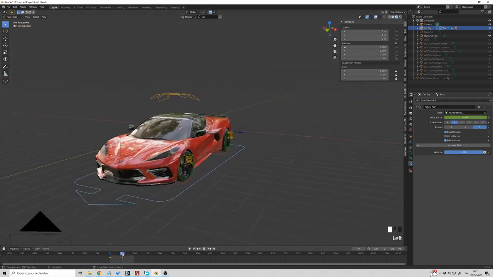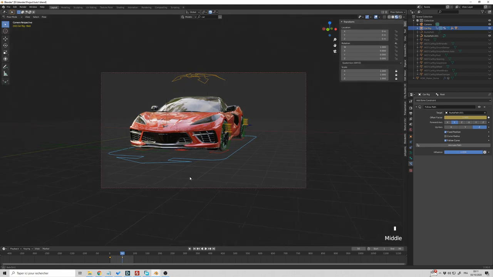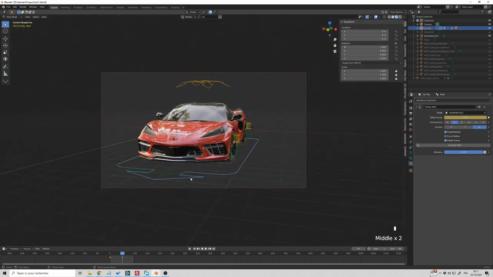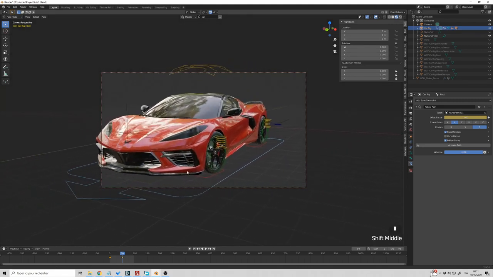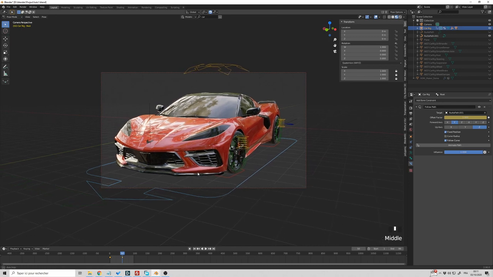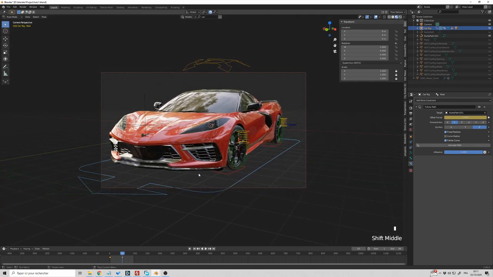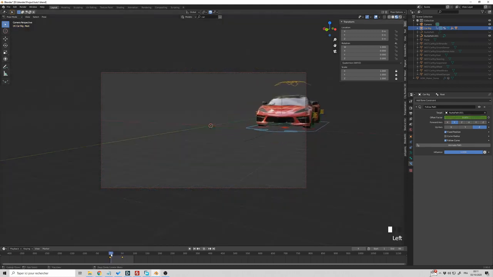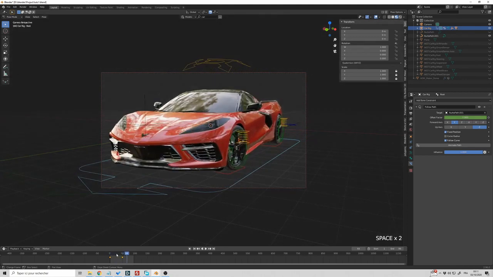What I'm going to do, I'm going to position my camera at the end of the animation. So let me do this. Control Alt 0, just to position my camera where I want. I'm going to zoom a little bit, maybe like this. Okay, something like this. Maybe just lower it a bit. Okay. So let's see. Yep, it's good for me.